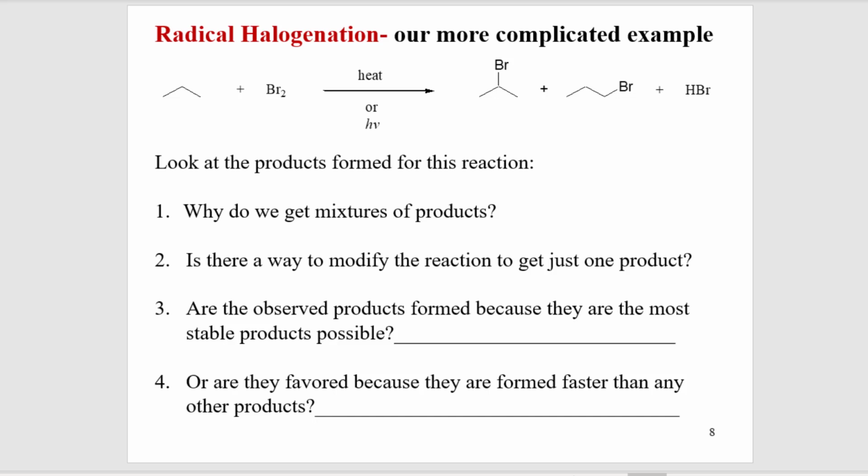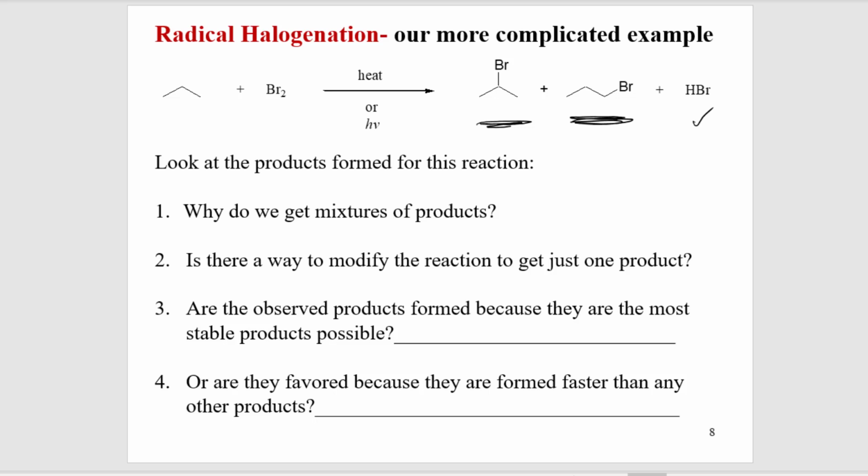We could get 2-bromopropane or 1-bromopropane. Now, according to the mechanism, you saw that HBr is a byproduct for this reaction, so we're going to see that no matter what. But I wanted to point out that a more complicated example gives us the possibility of reacting the bromine at